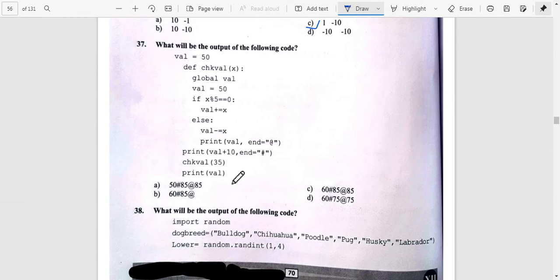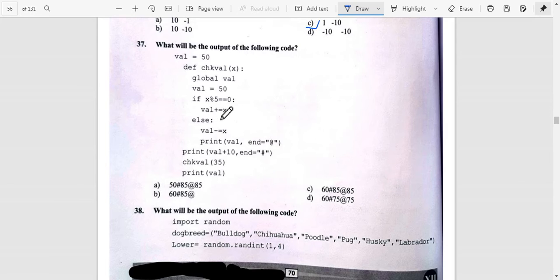Now check value 35, print value. So 35 mod 5 equal to 0 the first time. Okay, so mod equal to 0, so the answer 35, so plus 1, x value is 35 and value we are having is 50.